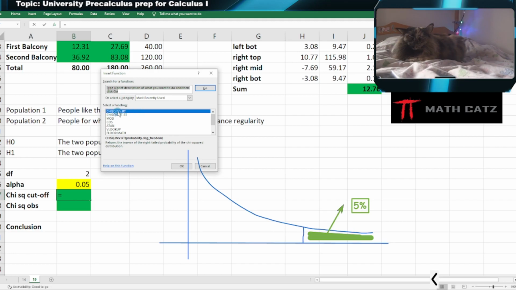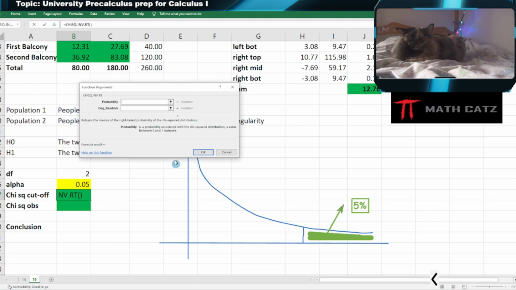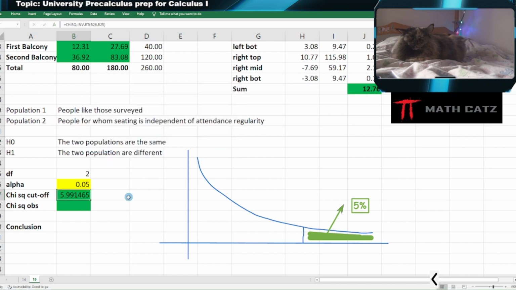It was the chi-squared inverse, right-tailed. But there's also a description to verify that, or I can search for chi-squared like I did before. So it's guiding me through: what's your probability in the right tail? 5%. What's your degrees of freedom? 2 in this case. It is 5.99 that my cutoff